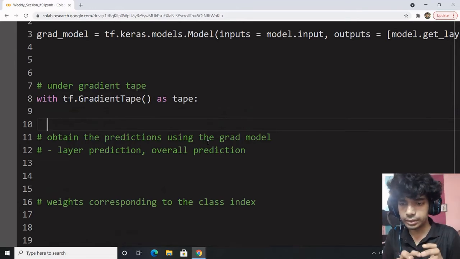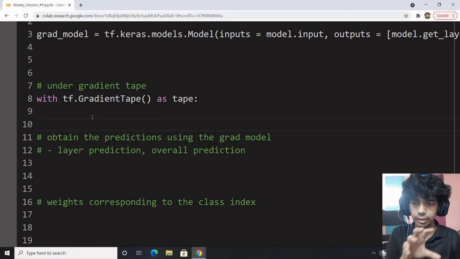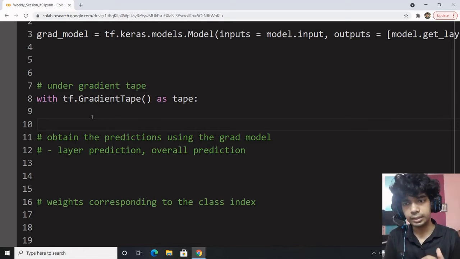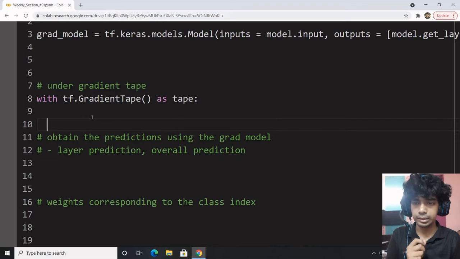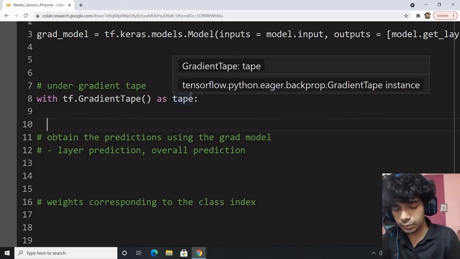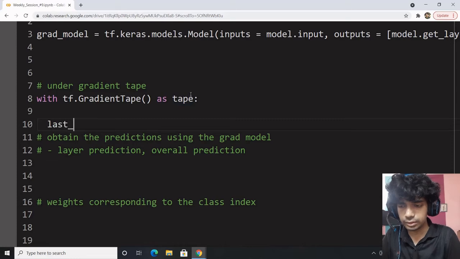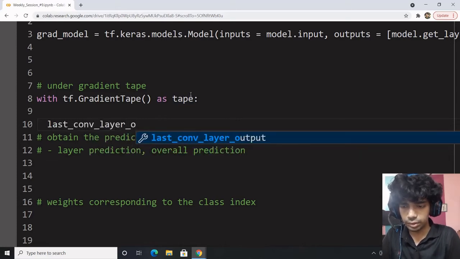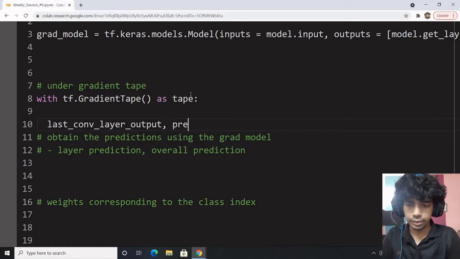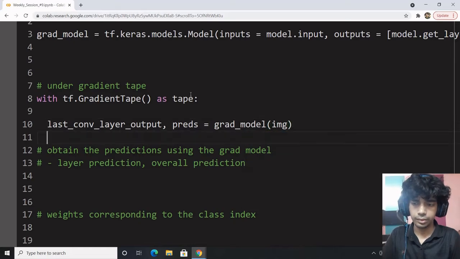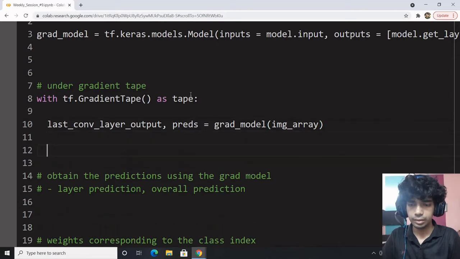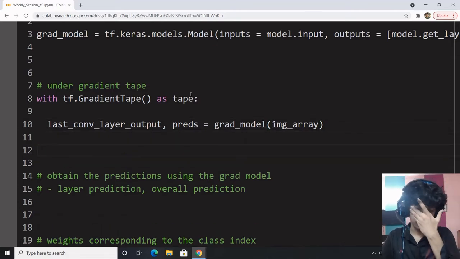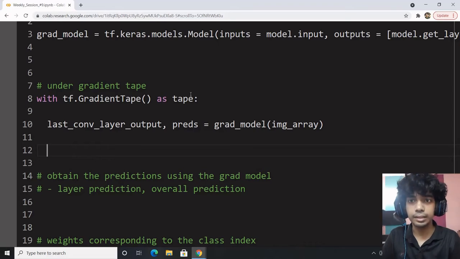Now within the tape, what does it help? Whatever operations you do within the gradient tape scope remain in the tape even outside the scope. So it is saved in the tape. I am about to obtain the predictions and last convolution layer output. The predictions will be equal to grad model, wherein I pass the image array. Based on this, I want to obtain the values,